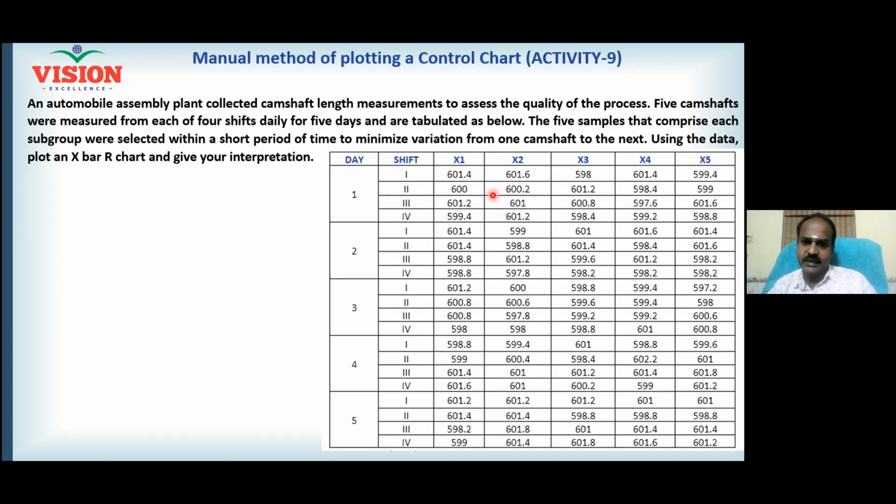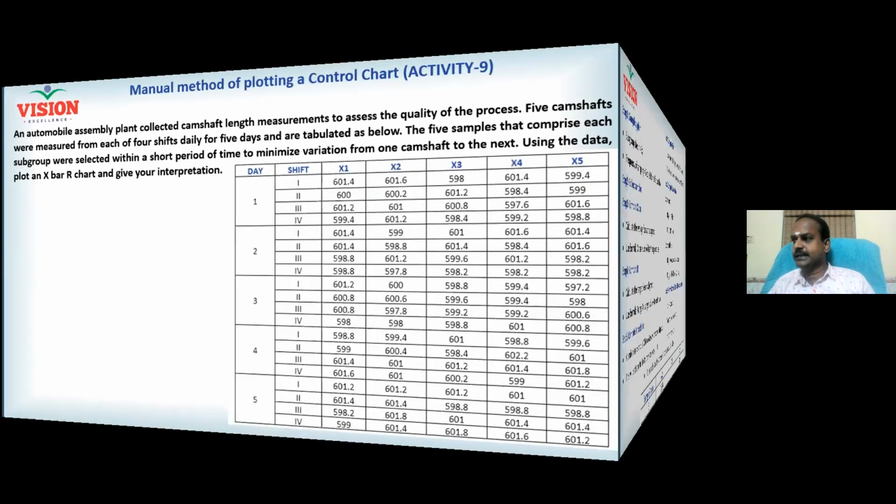Now what is this data? This data I said length. It can be time. Whether it is length or time, it is continuous data. What is this? Continuous data. When your data is continuous, you need to plot an X bar R chart. Anybody used X bar R chart? Any of you have plotted an X bar R control chart? All right, maybe new to you, but we will learn it here.